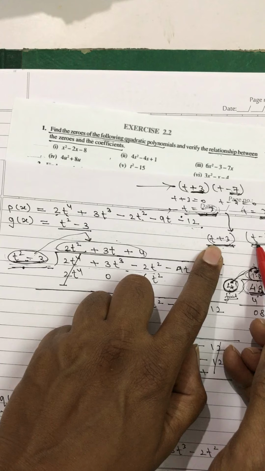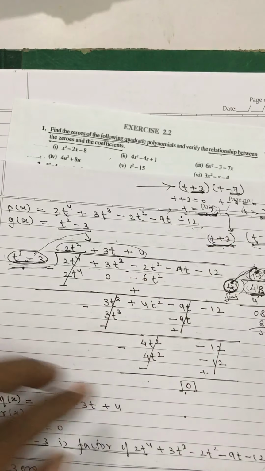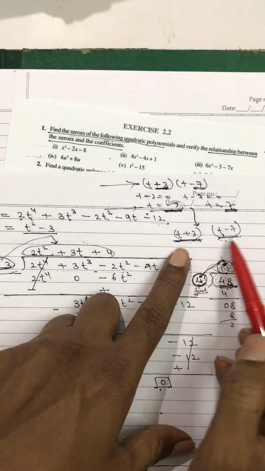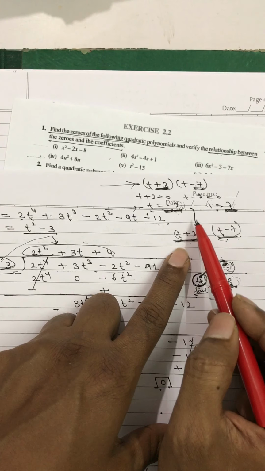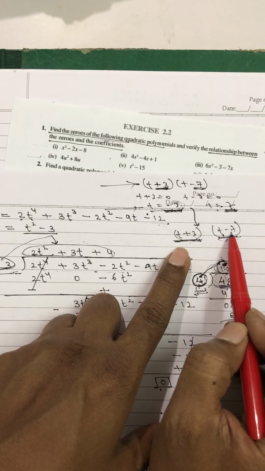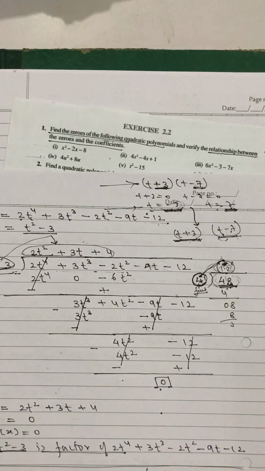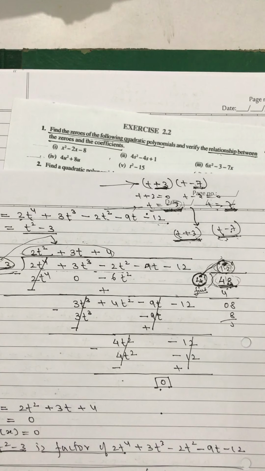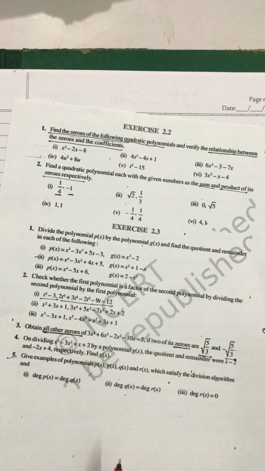These are factors. These are zeros. Try to understand this. These are factors and these are zeros. You have to change the sign and put it over there. First, understand this concept properly. Now, the second concept you have to understand is that in the given question that is given to you,